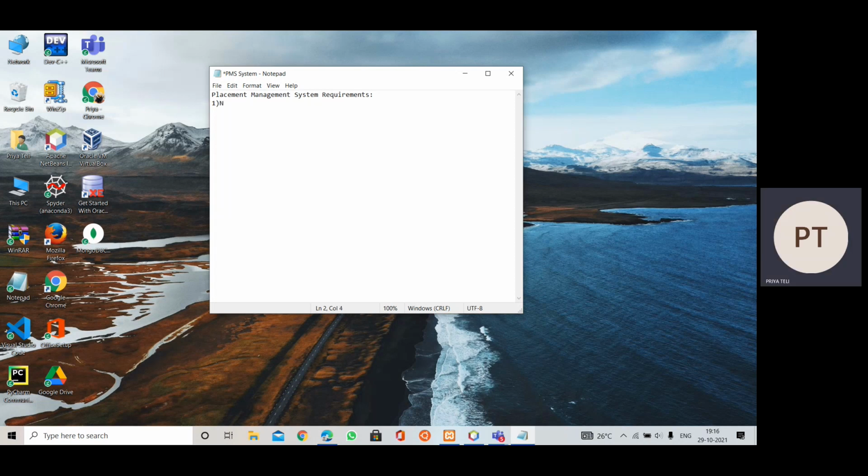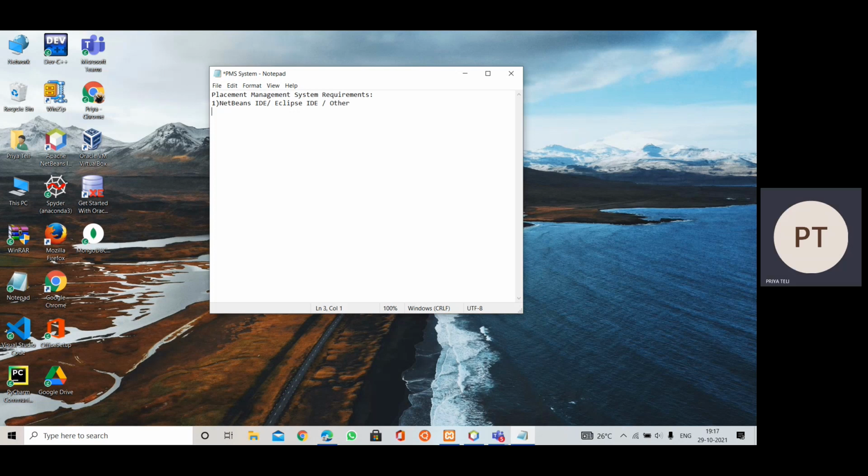To use NetBeans IDE, or any IDE like Eclipse, or anything else like IntelliJ.